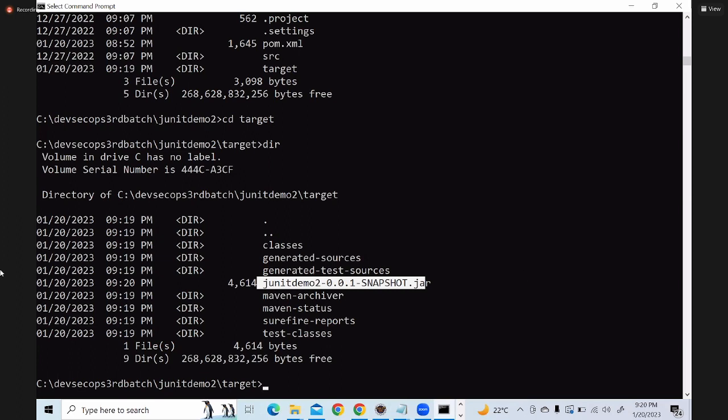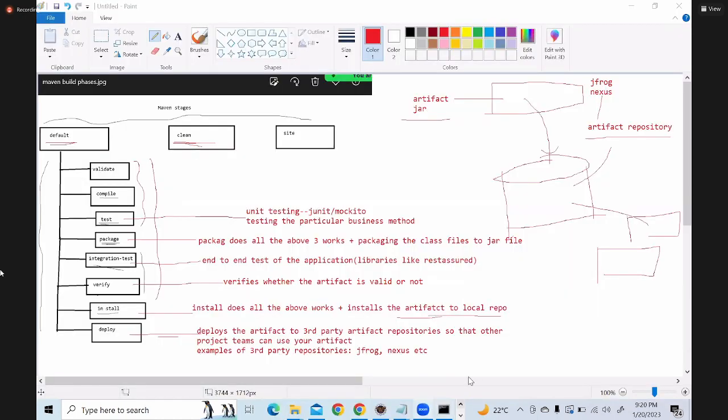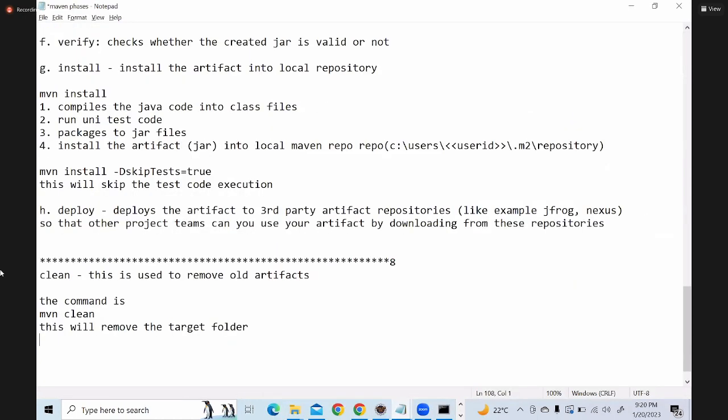Okay. So the best way is always, that's why we always do mvn clean install. So when I say mvn clean install, what this command will do is, first it will delete the old target, the existing target folder. Okay, and run the install